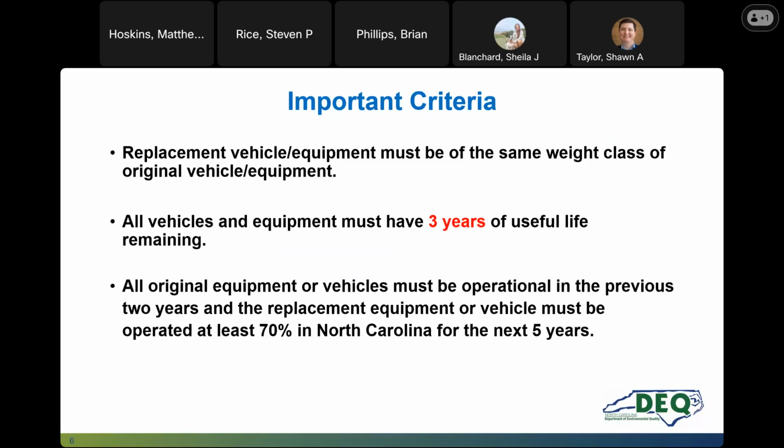All vehicles that you submit for consideration for replacement must have at least 3 years of useful life. This can be the amount of life actually left in the engine, whether or not you would sell it or keep it. So it's going to be until you expect for that engine to be retired and never be used again. And finally,